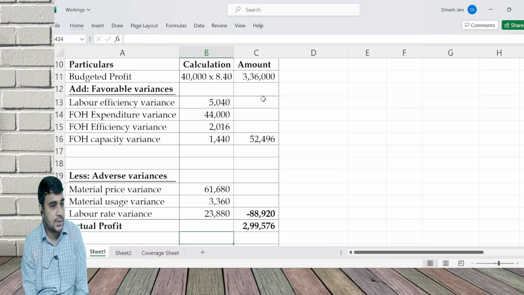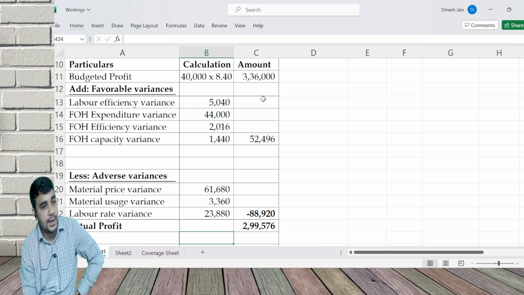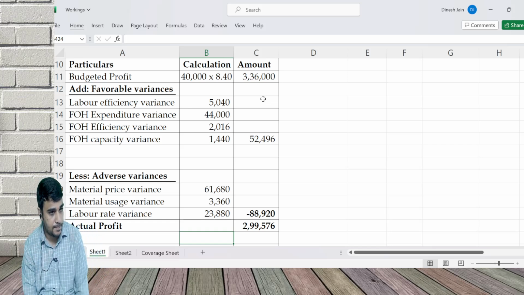The solution has calculated variable overhead expenditure and efficiency. We have done fixed overhead expenditure, efficiency and capacity. Both will give different answers. Overall total is 47,456, but